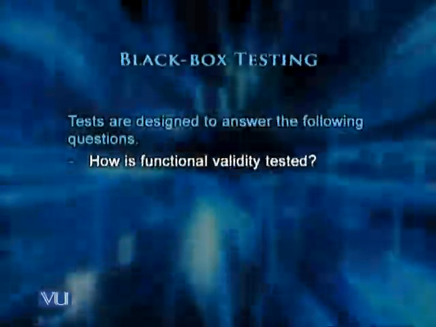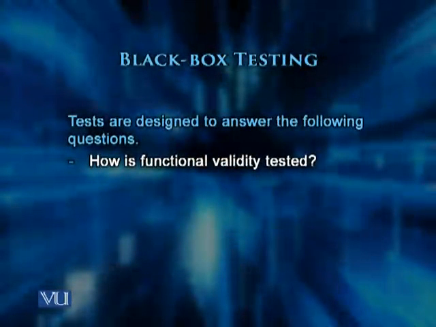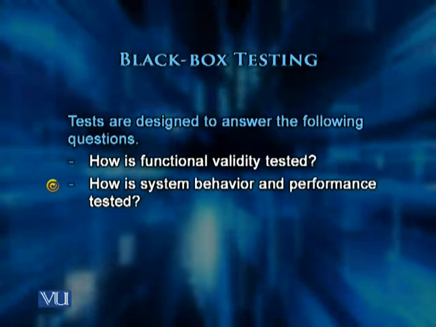And so, as I said, the focus shifts to the information domain. The information domain is going to help us in answering the question of how functional validity is tested. The second question is, how is system behavior and performance tested? And obviously this is directly related to the requirements, and the requirements would have the answer to that: